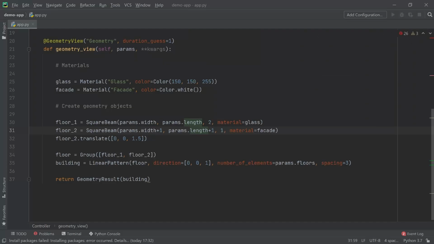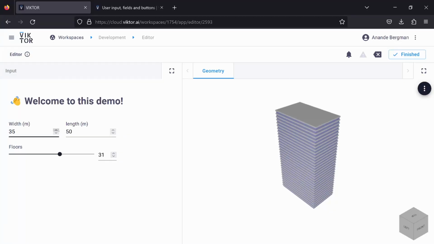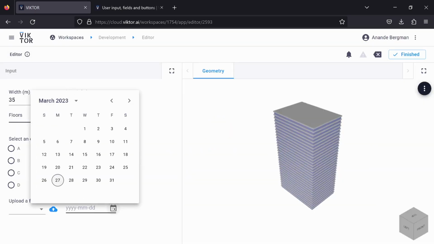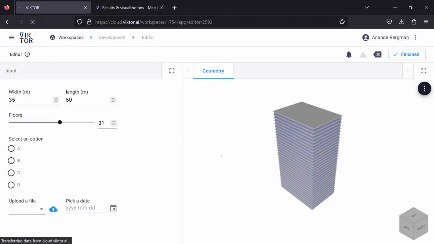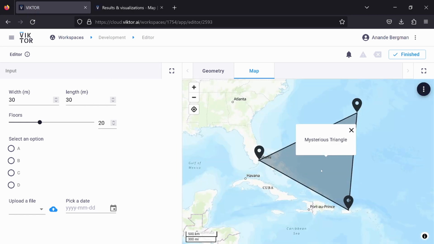The software development kit enables an engineer to build user-friendly web applications by just using Python. In other words, this engineer gets rid of any front-end development, back-end development, but also doesn't have to worry anymore about hosting or security. So a single engineer can now build a web application by only using Python.